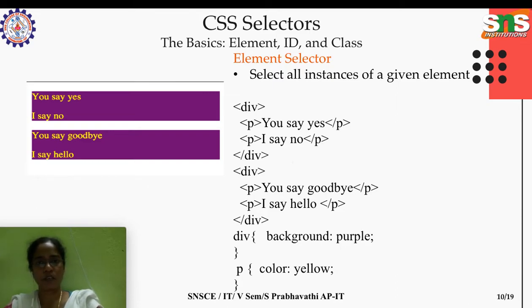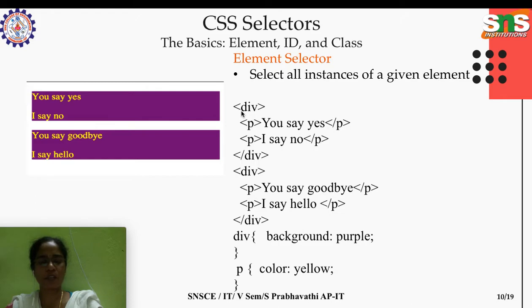The main three things we will be concentrating on are HTML element, ID and class, and how to define CSS using these selectors. An element selector is simply an HTML element. Consider this is your HTML page. I am giving part of the HTML page. You will have the root element HTML, then the header section, followed by the body. Inside the body, I have given only the body content, not the complete program.